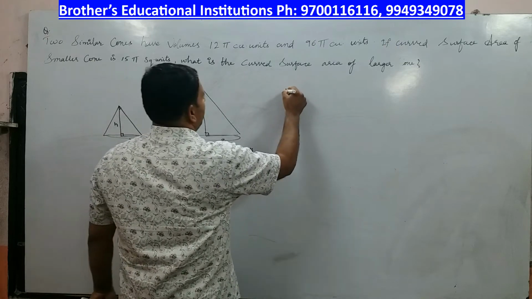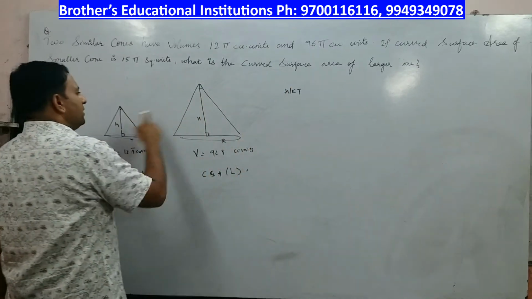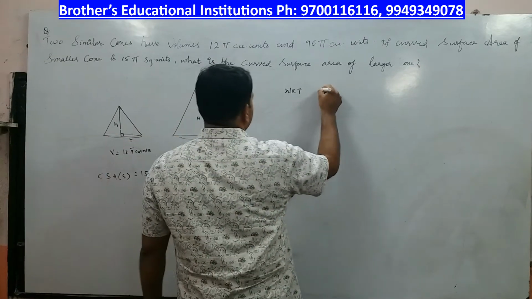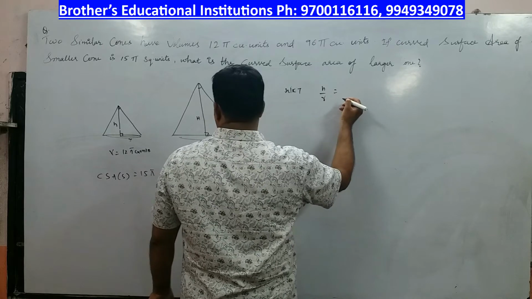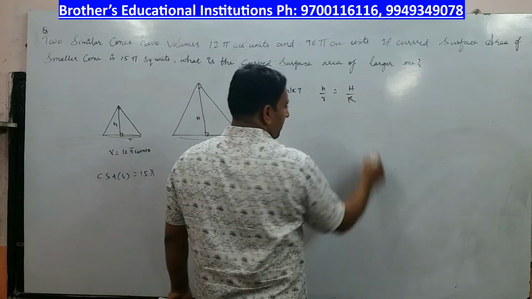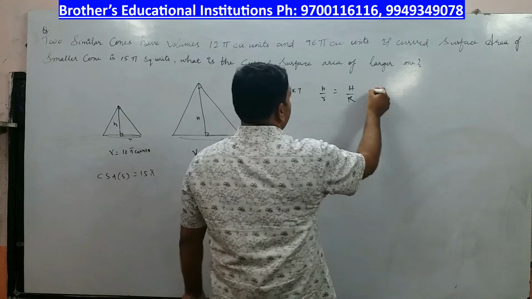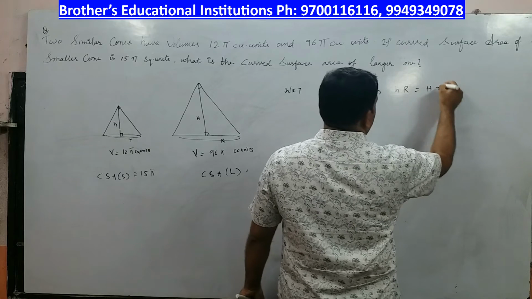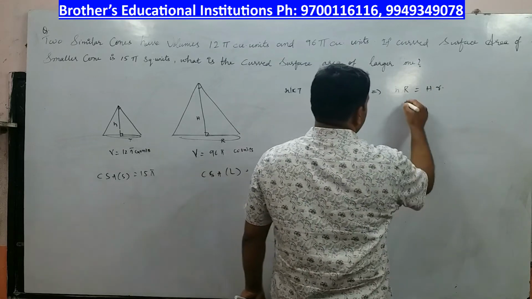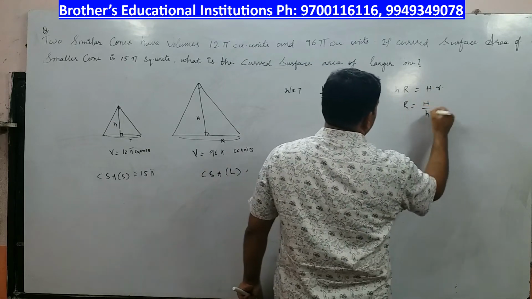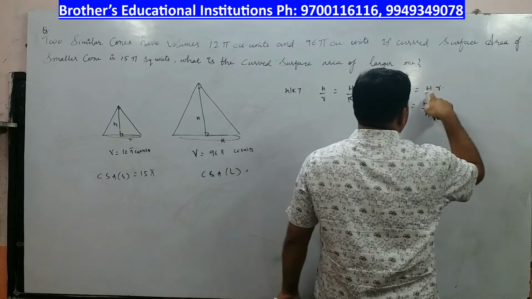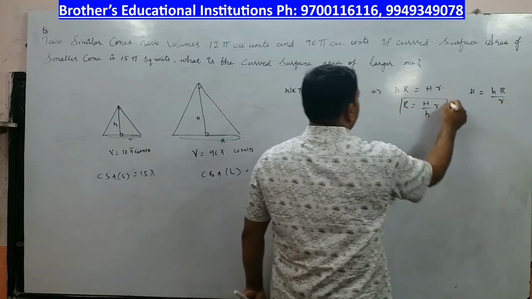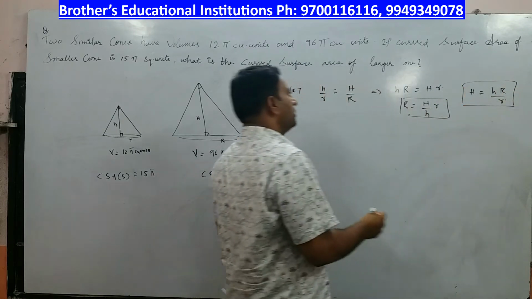I will say, we know that when these two are similar, the ratio of their sides is proportional. I can write h by r is equal to capital H by capital R. Or I can say the relationship h into capital R is equal to capital H into small r, right? And I do not know which I am going to use. I may replace capital R as H by h into r, or I can write height as h into capital R by small r. I do not know which one I am going to use, but certainly one of them I am going to use, and this is the relationship.